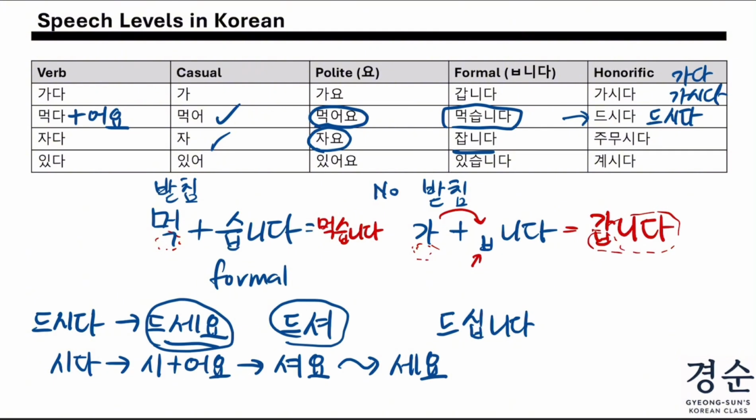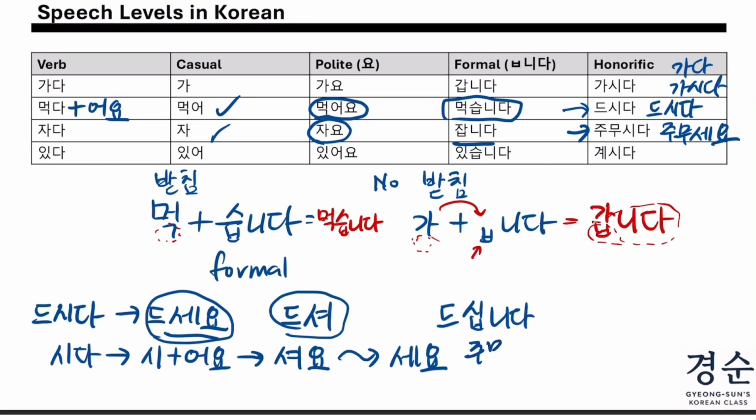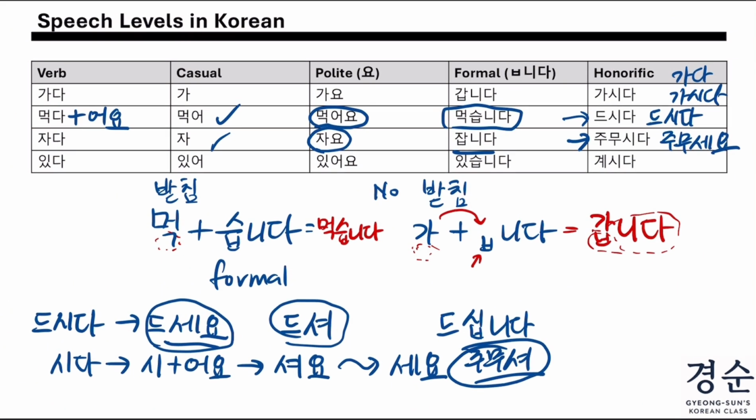Okay? And for 주무시다, which is to sleep, the specific form for to sleep is 주무시다. Okay? So we conjugate it to 주무세요. Okay? For casual, it's 주무셔. This is casual, but yeah, very seldom we say this. Okay? And then last one,